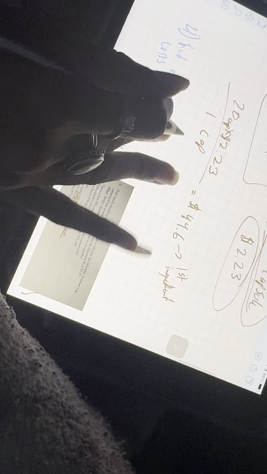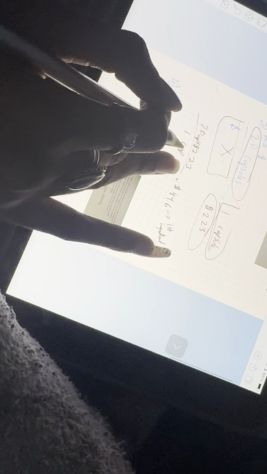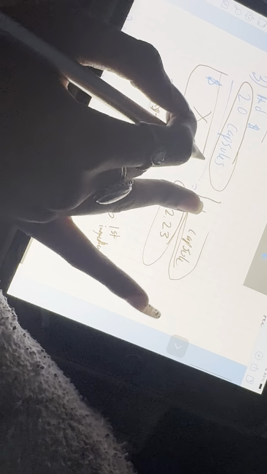Step 4 is find rest of ingredients costs. So in step 4, we're going to basically get our knowns, which is, so it says 473 milliliters equals